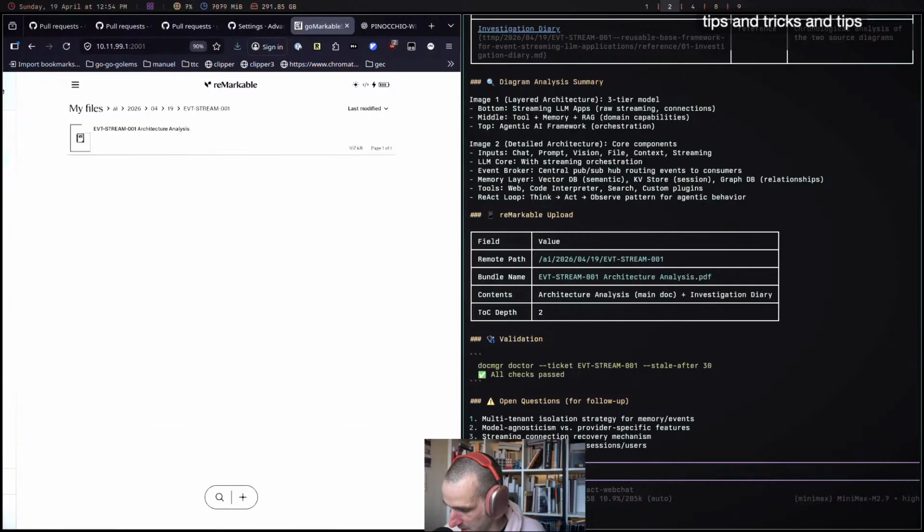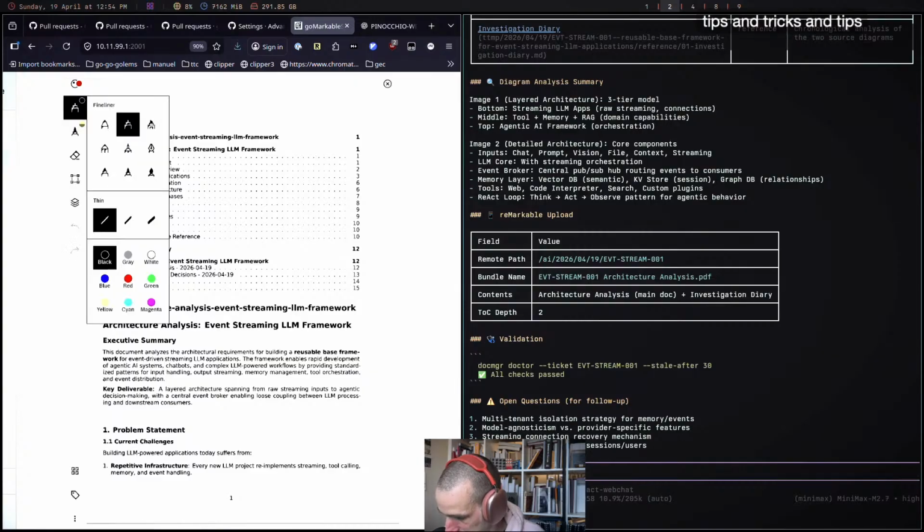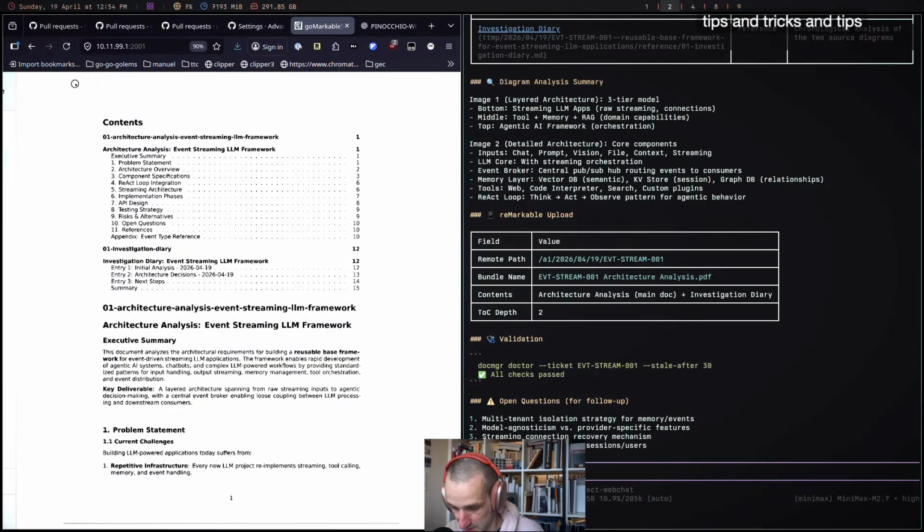So what I had Minimax do is I pasted these images in here and then I had it write an analysis. And what I usually do now is I'm going to have to shut up, because I can't do this while talking, and just go over this document that it created. Yeah, Le Chat versus WeChat. So I'm going to go over this a little bit in silence and then I'll report back to say if it was useful or not.